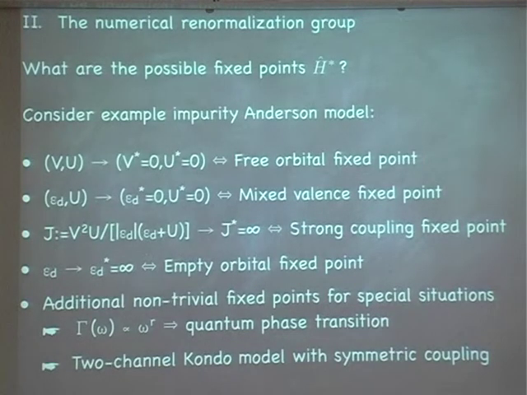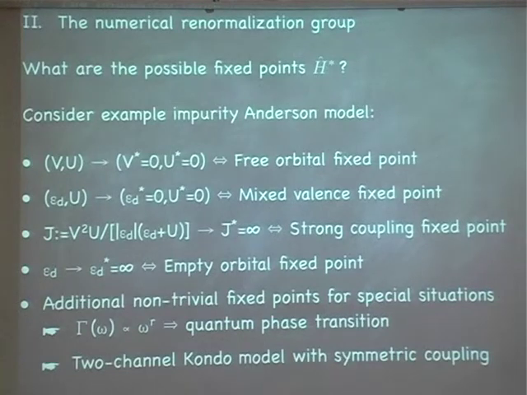This object, J, this combination, this is the Kondo coupling, can actually explode to infinity, or V can explode to infinity. That's a strong coupling fixed point. Now those we know. We have discussed them before. This was a little bit non-trivial, but we know that if the parameters are chosen properly, this fixed point has to exist. So these are the 3 trivial fixed points. And then, of course, if you send epsilon d to infinity, then the orbital is empty. That's the empty orbital fixed point. So Antoine has already discussed all of those, actually. Nothing else happens here. So these are the 4 fixed points.